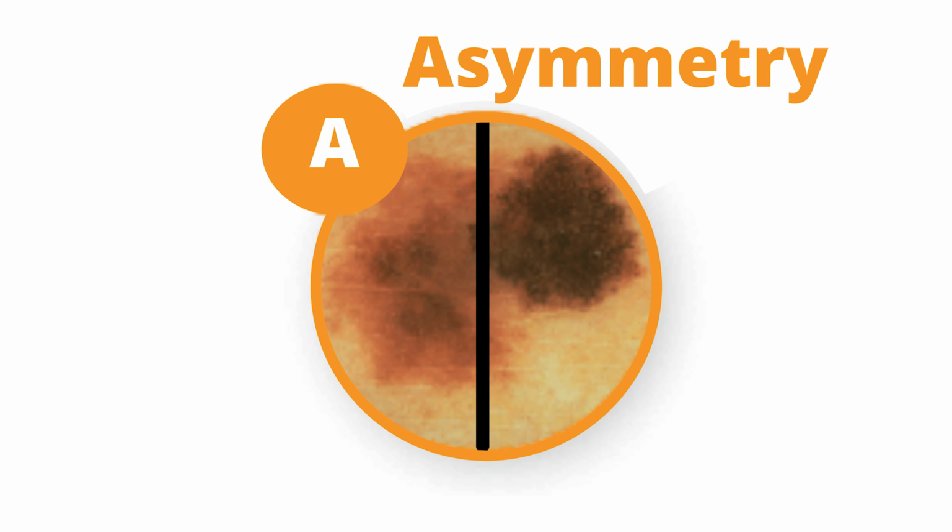First of all, A for asymmetry. What is asymmetry? So if you drew a line right down the middle of the bump that you're talking about, if it would then be different on either side of that line, that is asymmetrical. And that is one of the signs. That's the A of the ABCDE for melanoma.